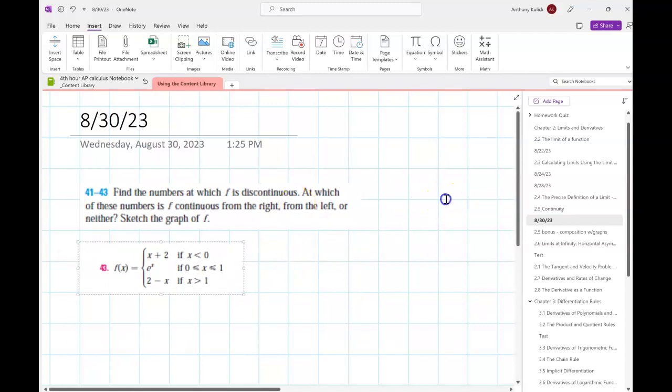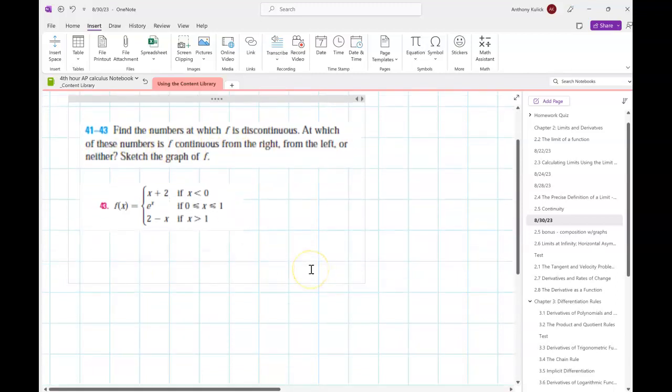Okay, 41 through 43, the directions say find the numbers at which f is discontinuous. At which of these numbers is f continuous from the right, from the left, or neither? Sketch the graph of f. Okay? So